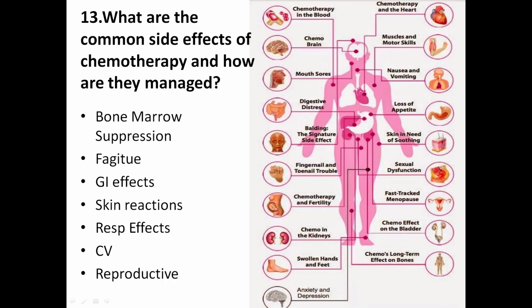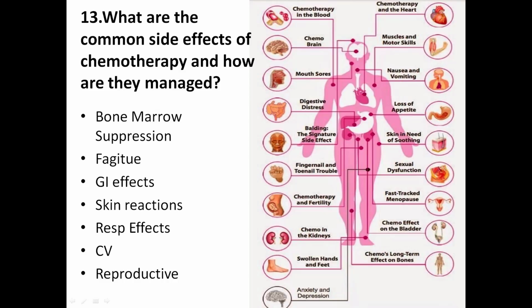Sorry. GI effects: intestinal mucosa is sensitive to chemotherapy. So for the nausea and vomiting, we're going to give them antiemetics. We're pretty good at that now. Zofran's an amazing drug. Diarrhea, that's also a problem. Mucositis, oral ulcers, we're going to give them good oral care. And obviously good perineal care if they have diarrhea.